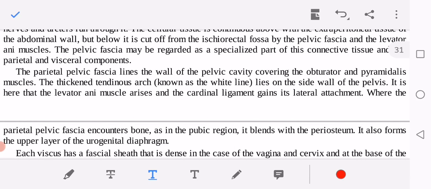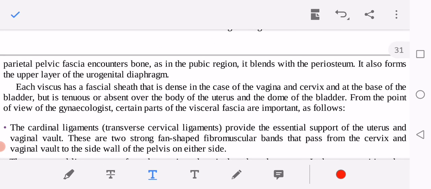The parietal pelvic fascia lines the wall of the pelvic cavity, covering the obturator and the piriformis muscle, and the thickened tendinous arch known as the white line lies on the side wall of the pelvis. It is here that the levator ani muscle arises and the cardinal ligament gains its lateral attachment. Where the parietal pelvic fascia encounters bone, as in the pubic region, it blends with the periosteum. It also forms the upper layer of the urogenital diaphragm, and each viscus has a fascial sheath